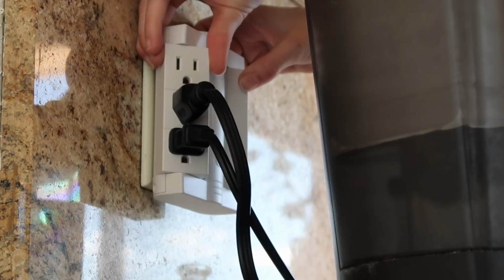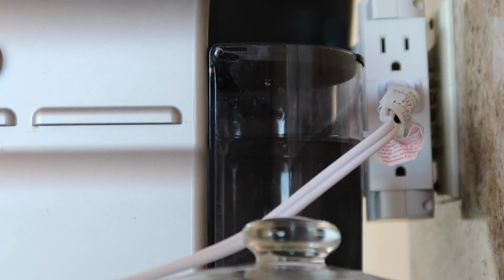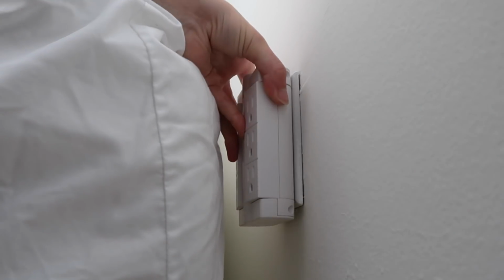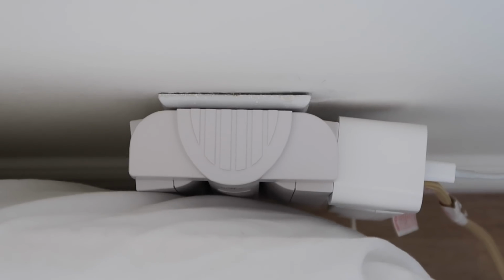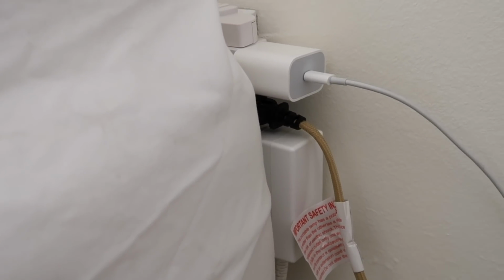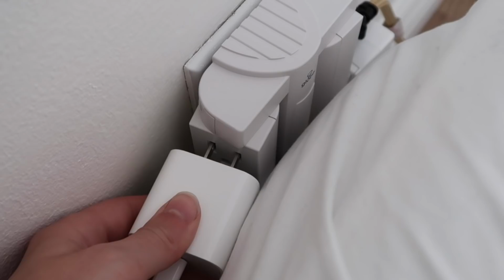So I love using this in the kitchen when I'm trying to plug multiple appliances in and fit everything really close together. This gives me extra space at the side and allows me to plug in 3 times the amount of plugs. So I love using this behind my bed to plug in my lamp and my chargers, my computer, really everything I need. It's also perfect for living rooms and family rooms where your sofa is pressed up against the wall. It's just perfect for small spaces and perfect for busy areas around your home where you want to